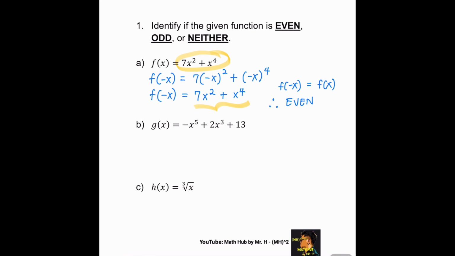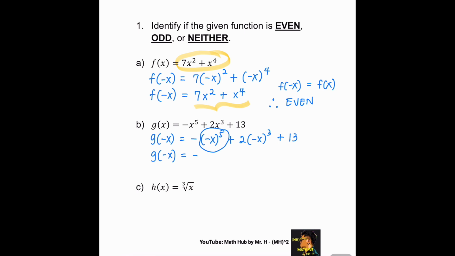All right, let's take a look at the second one. g of x equals negative x to the power of 5 plus 2x cubed plus 13. Then g of negative x equals negative times negative x to the power of 5 plus 2 times negative x to the power of 3 plus 13. And then we simplify the right hand side. So simplifying this,